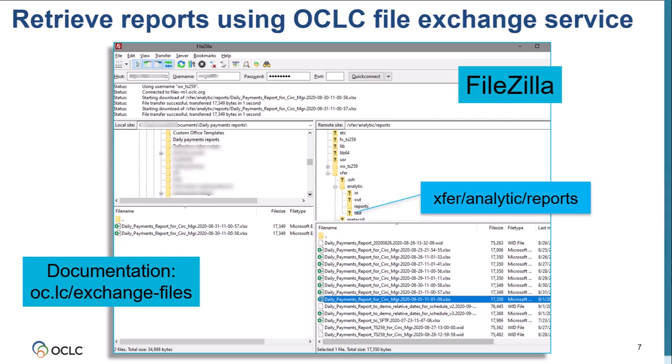For port, enter 22. Then select a directory. For WorldShare Reports, the directory is expert/analytic/reports. Drag and drop files from the remote site to the local site, or double-click the file you want to download. For more information, including a video demonstration, see